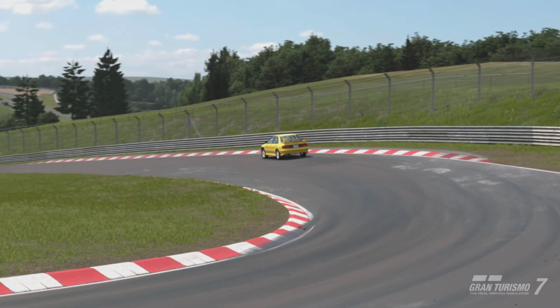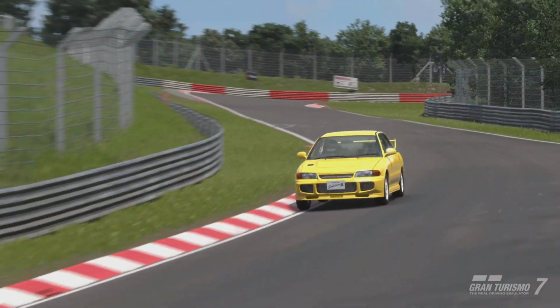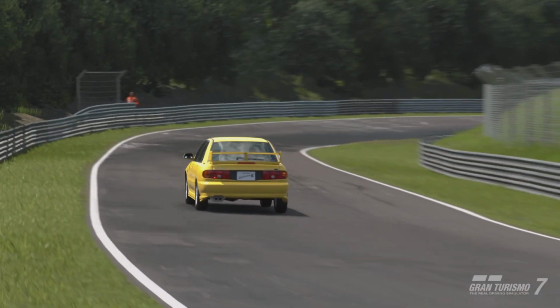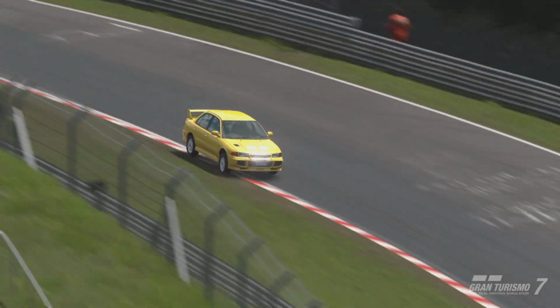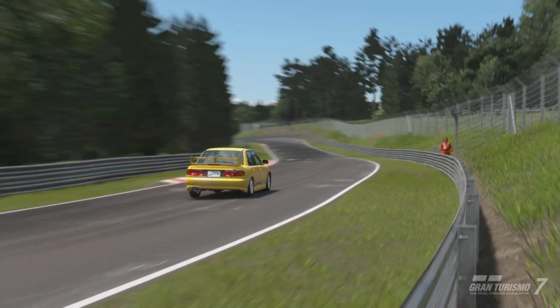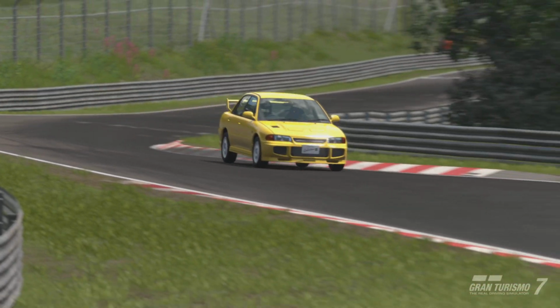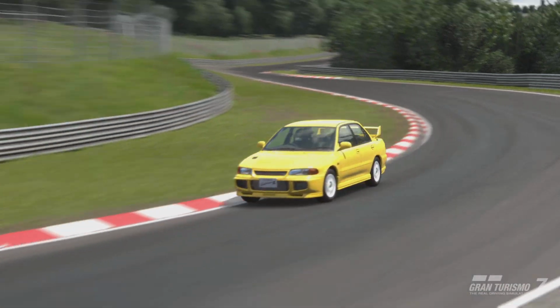Now, there is a bit of a reason for that. Well, number one, it is post-launch. So the two Evos that you saw at the start of this video were actually in there on release. Obviously, with this being post-launch, it does seem that cars that go to the used dealership do cost a little bit more. But at the same time, I did a bit of research myself